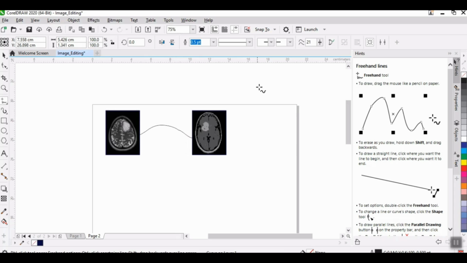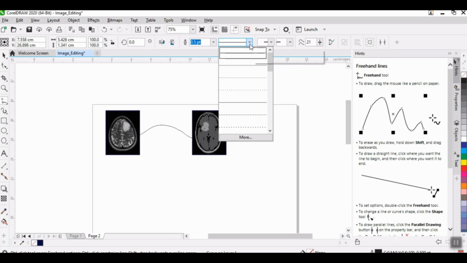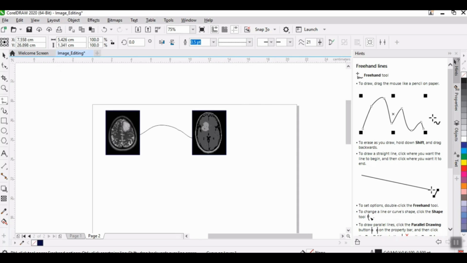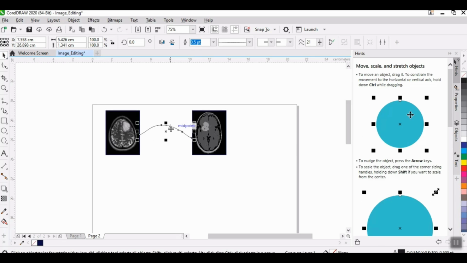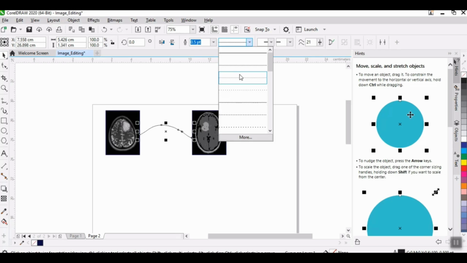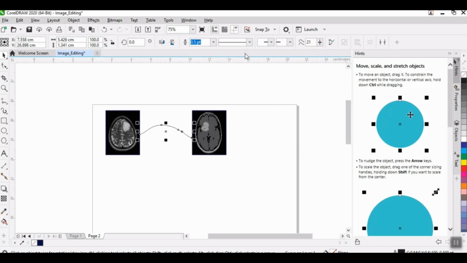Clear? Like this. If you want to change a solid line to another line format, you can do this operation. First you have to ensure the line is selected, and then clear. So I am selecting the solid line. If you want to put some arrow marking, these options are also available. If you want to change the width, this option is also available.